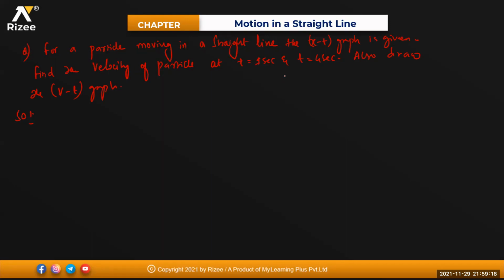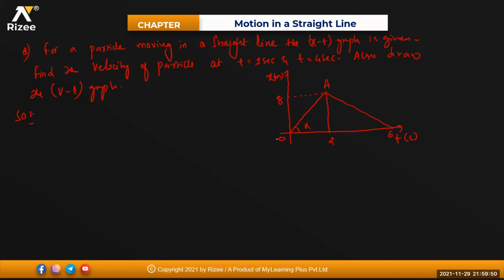What is the given condition? He has given me your XT graph like this. This is your X and this is your T. The graph is going like this, then again like this. This is your 2 seconds. This is your 6 seconds. This is a point A. And this one is given as your 8. Distance is in meters. Time is in seconds. Starting from origin.